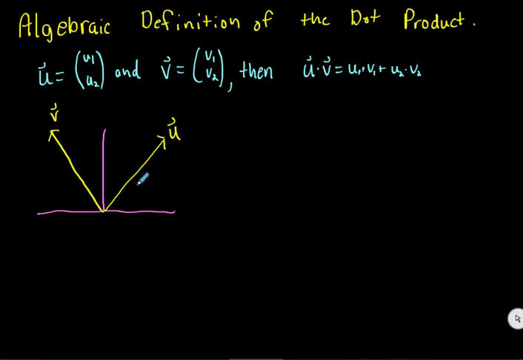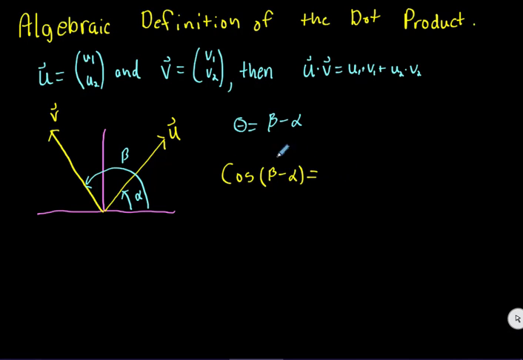We're going to call this angle alpha and this angle beta. And then the angle between them, if we call that theta, is going to be beta minus alpha. And then if I take the cosine of beta minus alpha,